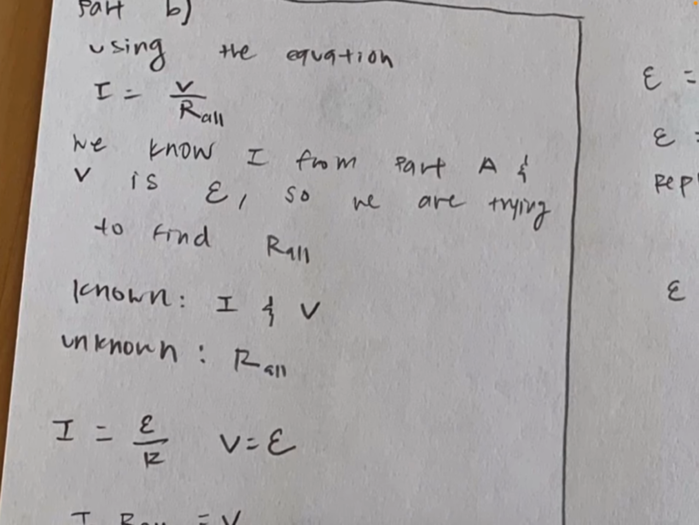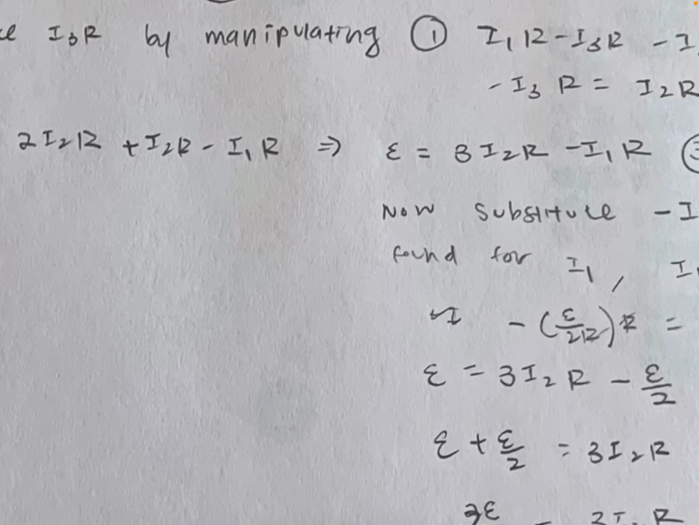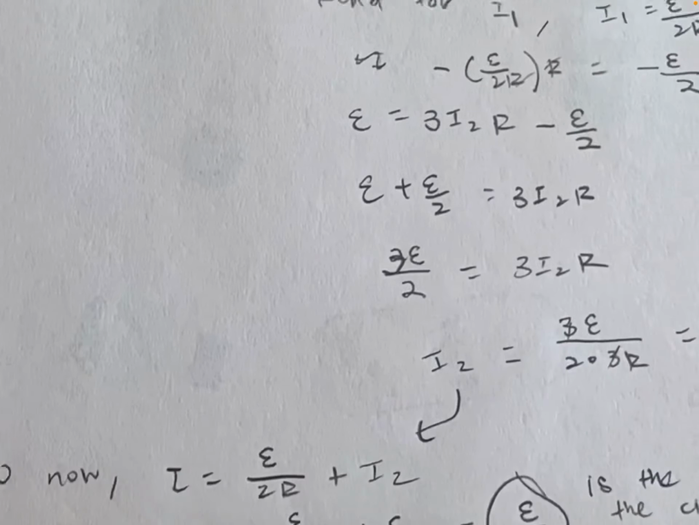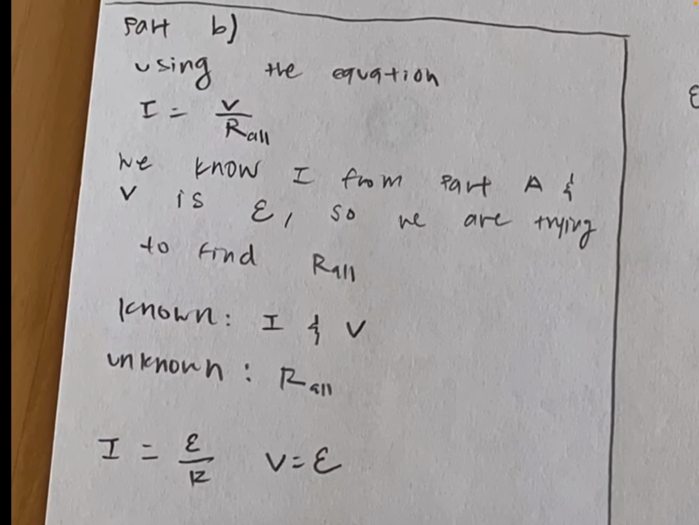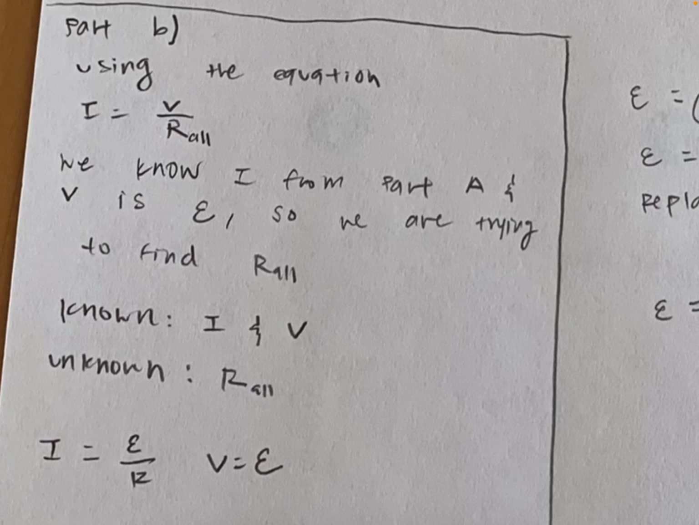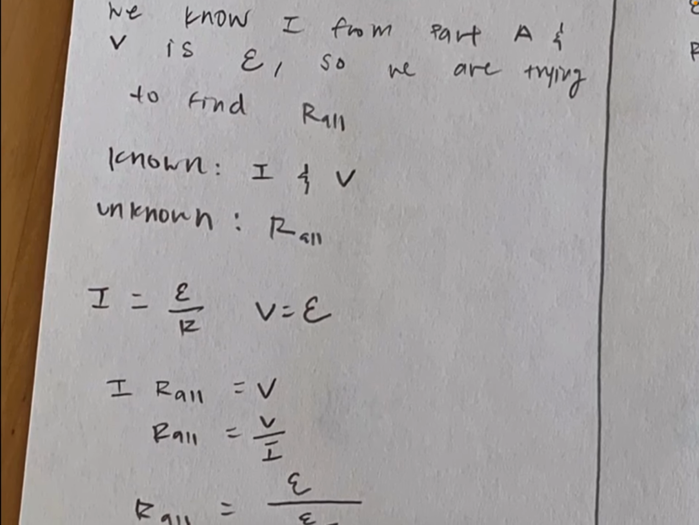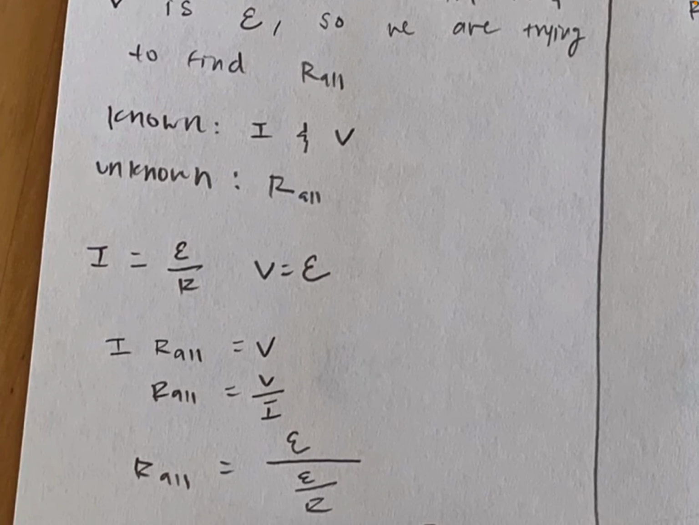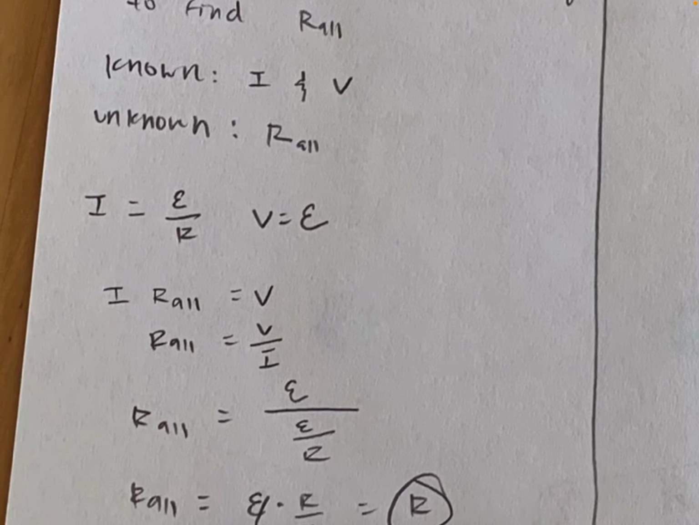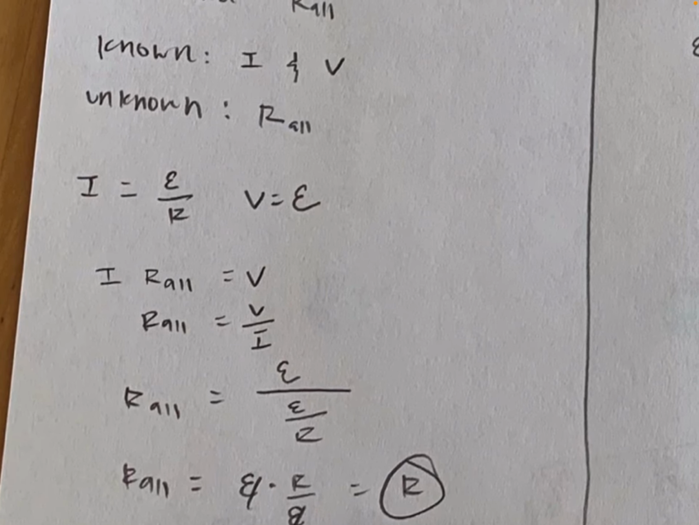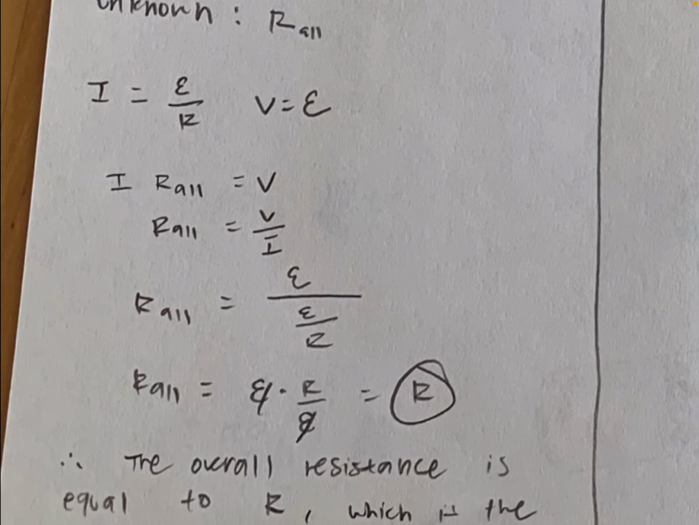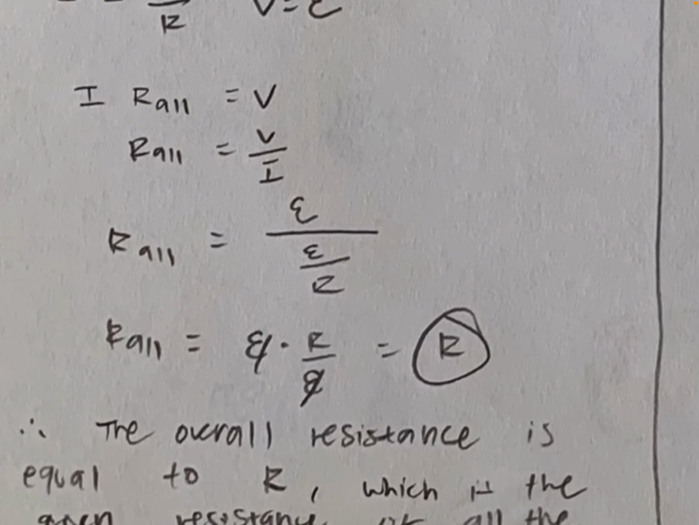So we know I from part A, right here, E over R. And we also know V is E. So all we're trying to find is REQ. The known is I and V, and the unknown is REQ. So I is E over R, and V is E. I'm going to leave it in the form of I and V to keep things simple, and then substitute in the end. So this is it, and then